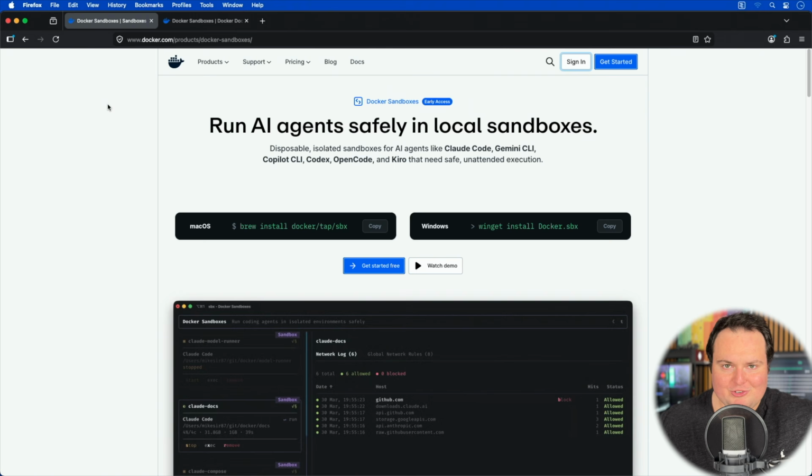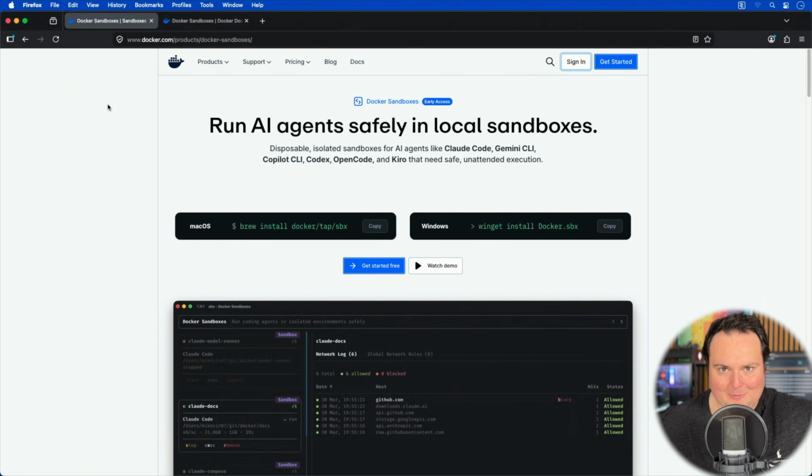Today we're going to be taking a look at Docker Sandboxes, which, as the name may be indicative of, is a sandbox for our AI agents to be able to work from within, which will allow them to perform actions safely but non-destructively, as opposed to having full access on our native host system. So this is a very interesting tool, and it really does coincide with what is being spoken about right now